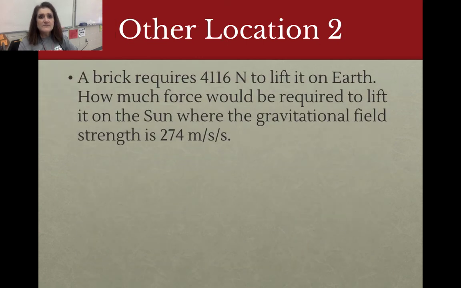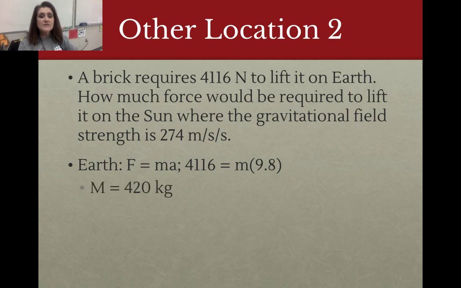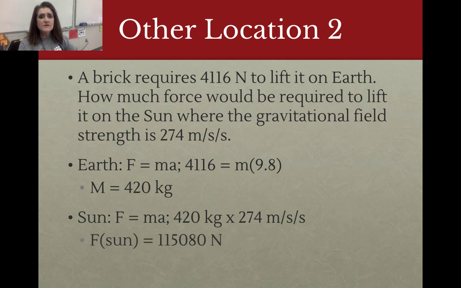Other locations. A brick requires 4,116 newtons to lift it on the earth. How much force would it require to lift it on the Sun, where the gravitational field strength is 274 meters per second per second? Well, on Earth, F equals ma, solving for the mass, we would get 420 kilograms. Placing that same object on the Sun, 420 times 274 gives us a force on the Sun of